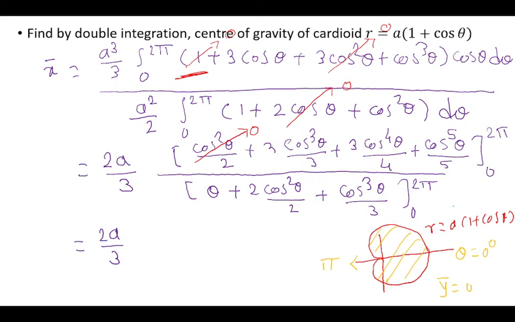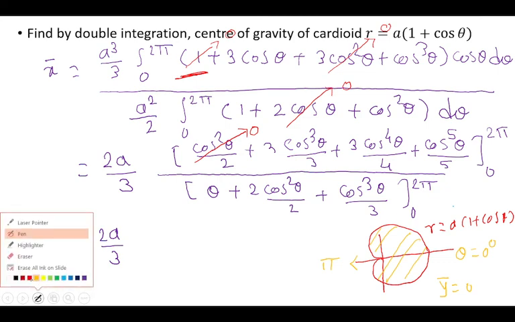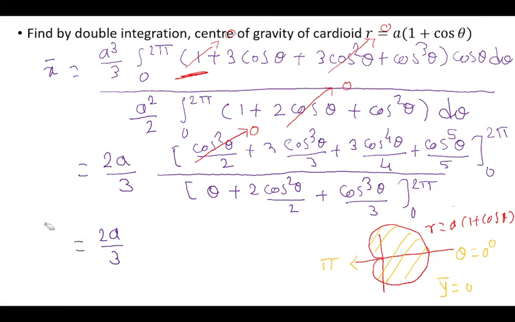So the y bar will come on exactly the initial line, because this initial line is a symmetry of that cardioid. But along the y-axis there is no symmetry. Because of that, x bar will be non-zero there. So my mistake. At the beginning I should write a few things differently. Instead of writing 0 to 2 pi, we should write 0 to pi everywhere, and that I can write 2 times. If I write the numerator 2 times and the denominator also 2 times, that 2 times gets cancelled.